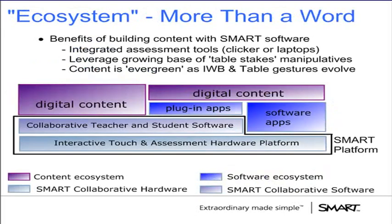Now, from a business perspective, I hope I've shown that joining a market leader like SMART Technologies benefits you in reaching the most number of customers in more countries, providing more solutions than any other company in our space. But we also provide, from a